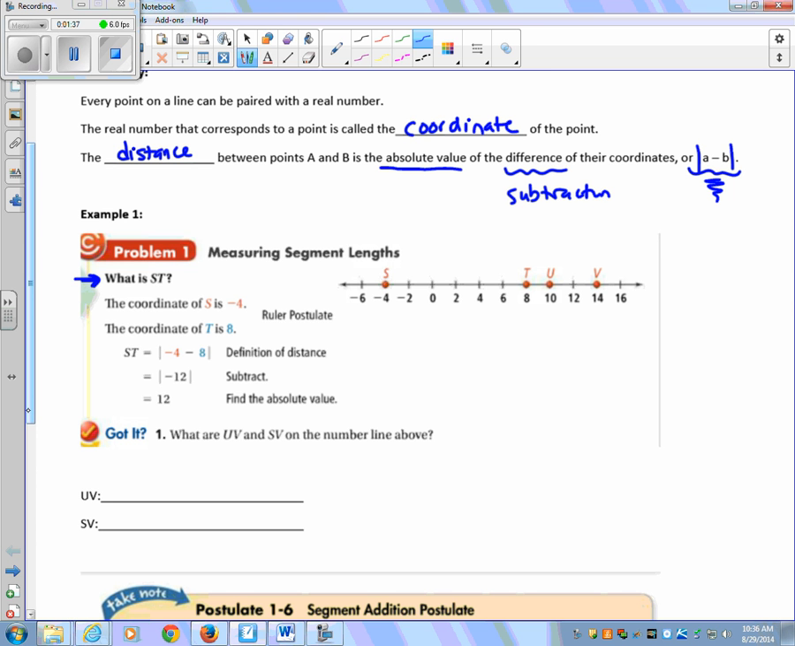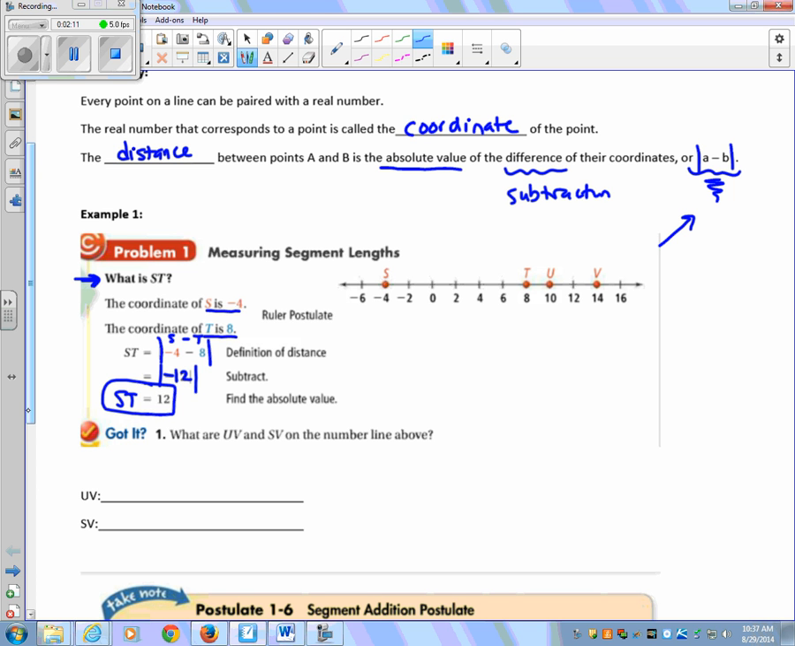So we're going to start with our absolute value that we learned here. The coordinate of S is -4. The coordinate of T is 8. So we're going to plug that in. The absolute value of S minus T coordinates is -4 minus 8. When we do -4 minus 8, we get -12. We have to remember that it's the absolute value of -12, so the distance from S to T is 12